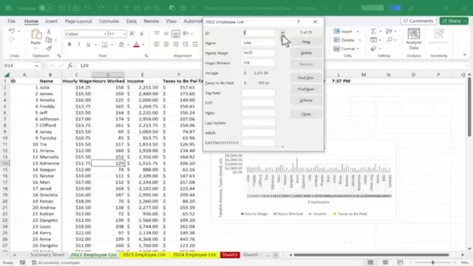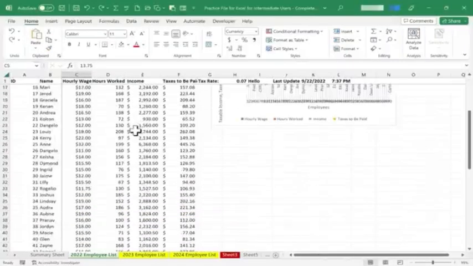So imagine instead of having 70 employees, what if I had 5,000 employees or 500 employees? Would I really want to be typing and tabbing over and hitting Enter the way I've shown to create such a huge list? I may not want to. Data forms like this can help ensure that you're more careful and that the data that you're entering is more safely added into the data list. So I can simply click this New button to add a new employee. Now before I go any further, I'm going to close the data form, because if I'm going to use it to add additional